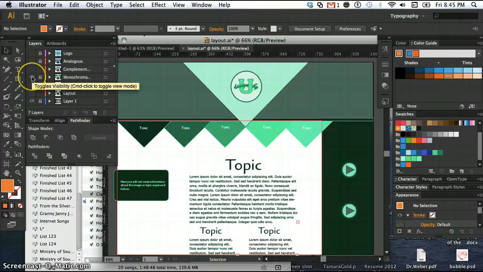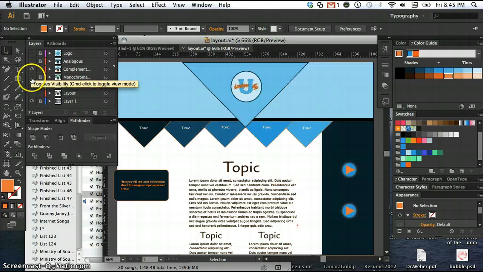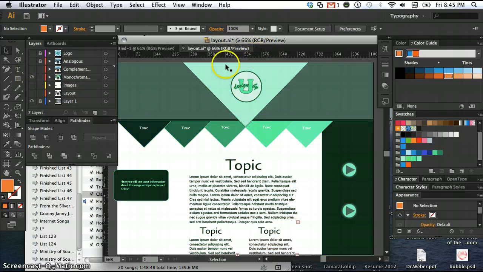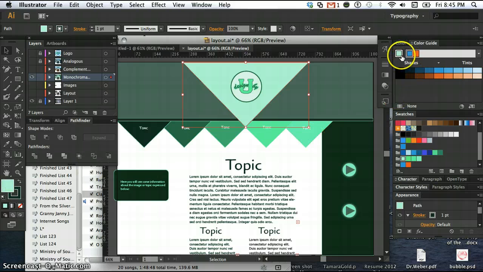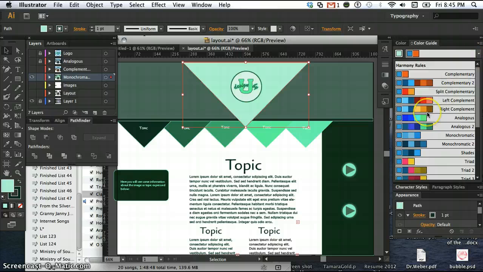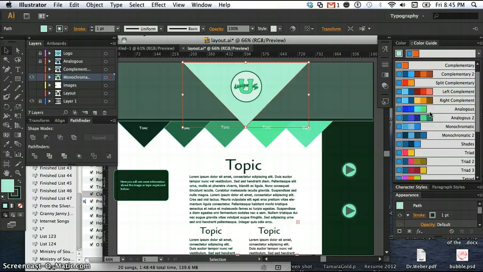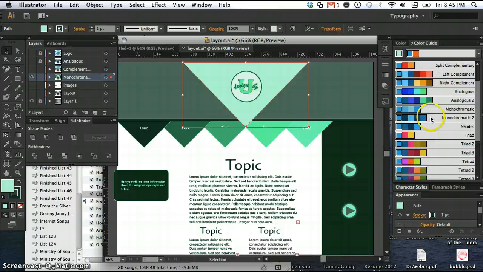You can also create a monochromatic color scheme by choosing a color that you want to start with. So say it was this color. I could choose this color, and I could go over here and find monochromatic. I think that the actual monochromatic scale I chose might have been something like this one, monochromatic 2. As you can tell, there are lots of different choices that you can use, even just for these basics,